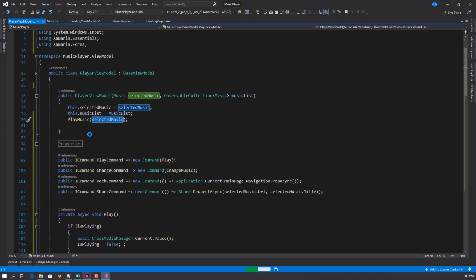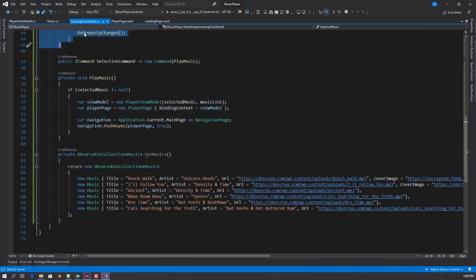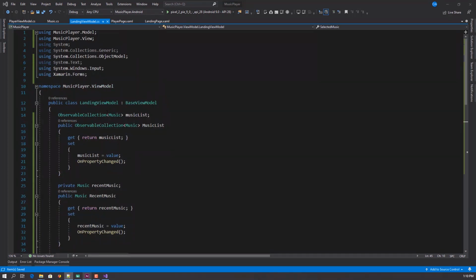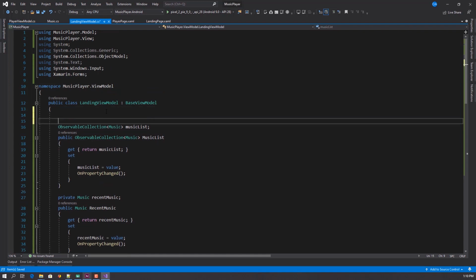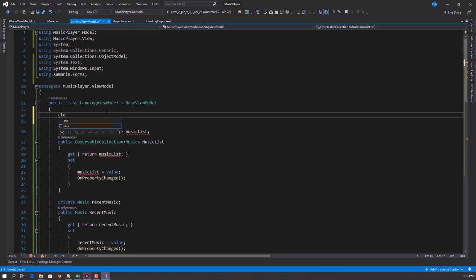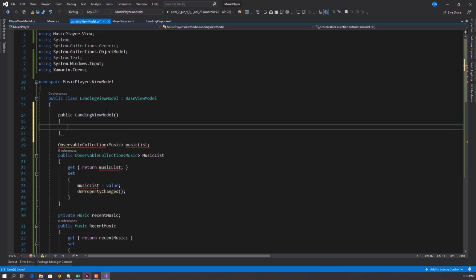All right. So before we run this, I just remembered something. For our landing page, also the landing view model, we want to make it such that once this is instantiated, we want to be able to have lists on our page. And if we look at it now, we don't have anything. So we're going to create a constructor too, right here. Constructor,